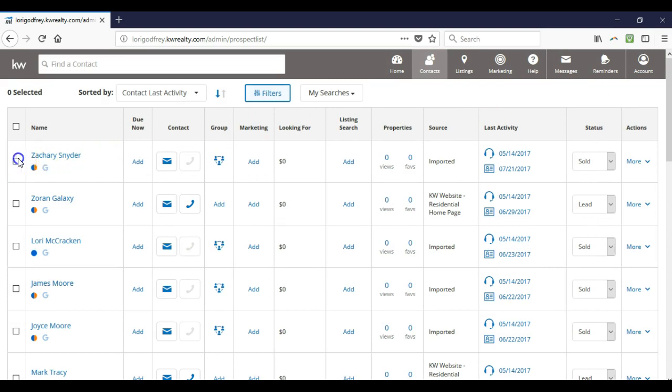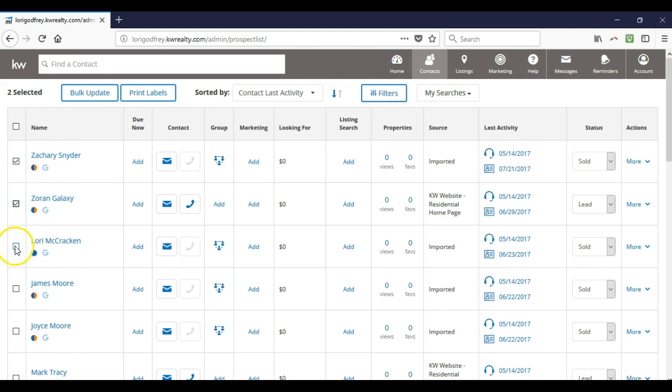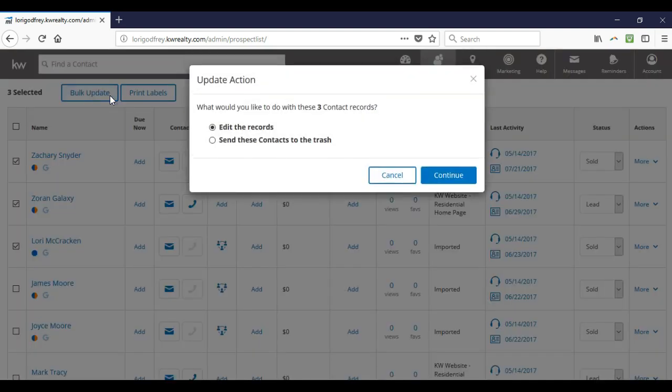All you have to do is click the checkbox to the left-hand side of their name. You can do this for multiple people as well, if you want to mass or bulk update them. And once we do that, if you notice, bulk update and print labels pops up. Now, bulk update is the main thing we want to focus on. On here it says, what would you like to do, in this case with these 3 contacts. So we can either edit the records, which is what we want to do,